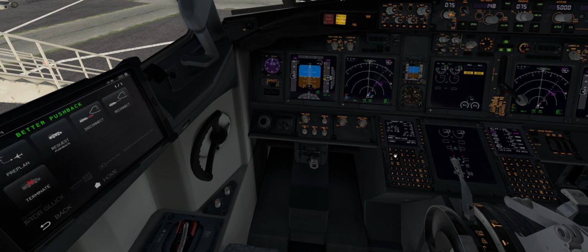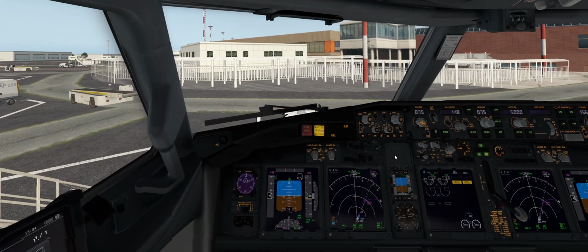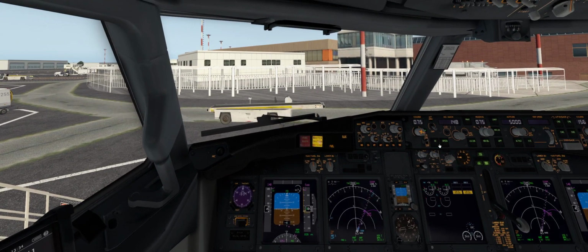Sometimes it is a little bit glitchy, but what I saw you then doing was you'd set VNAV up and it was ready to go, and then you switched to level change to descend. Level change is fine for descent, and vertical speed is also fine for descent if you want to make a restriction using the green banana. But then what you did was you switched at points to...